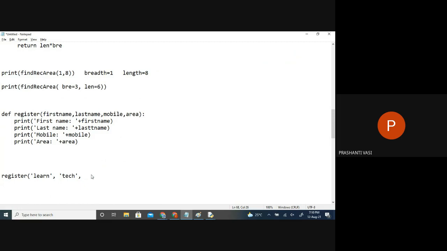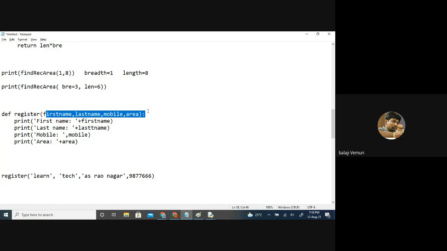And by mistake, if I give here the area, Ravanagar, and then say the mobile number last, I'm just giving my data as I like. So what will be the output? Is there any error in the output right now? Yes, ma'am, too many data. We have only three, and I guess we are giving four of them. Four are required: first name, last name, mobile, and area.